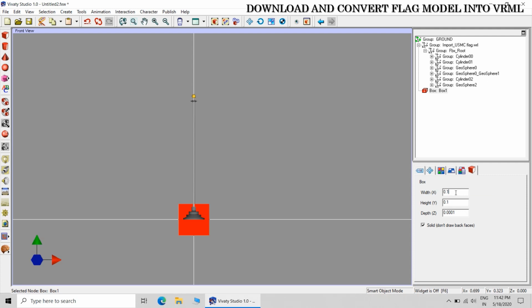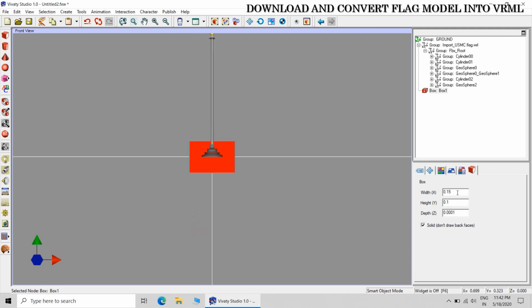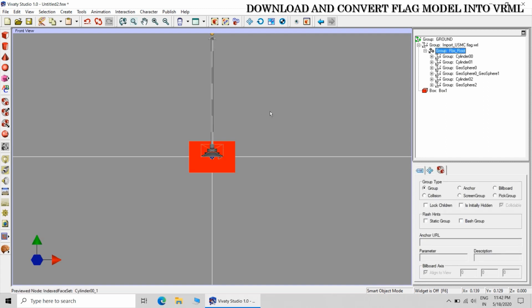Only the width has to be double, or one, it should be... okay. Instead of double, I think it should be 1/5. Now I have moved the entire flag post.